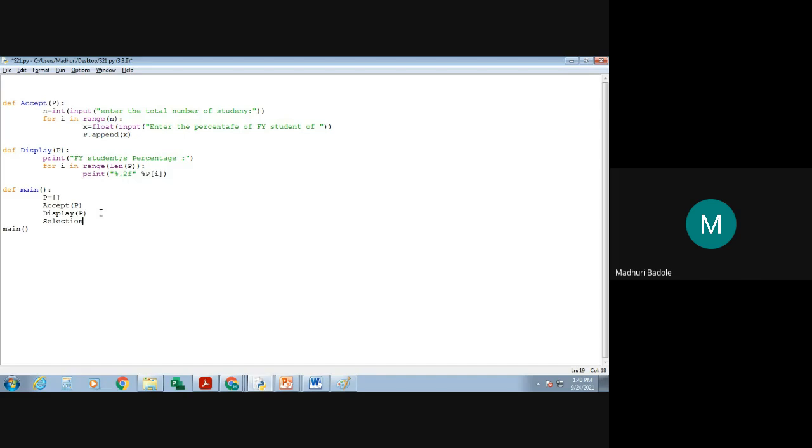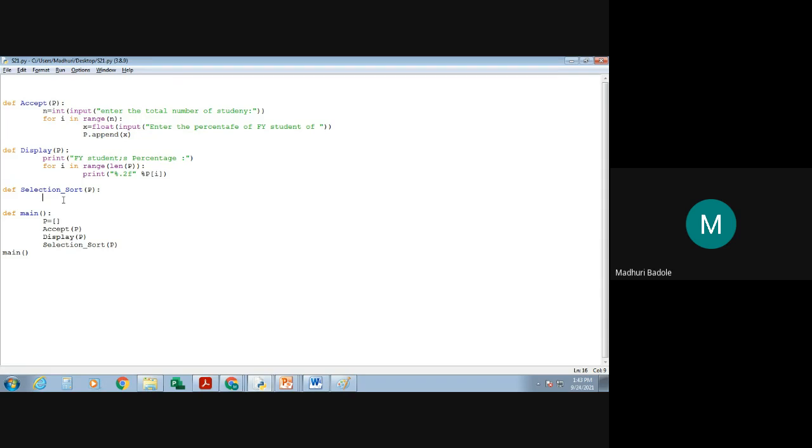Fine. Now next we are going to apply the selection sort. And in that selection sort, you are going to pass your list. You can change the name over here. You can take A, you can take P, you can take PER. If it is percentage, we can take percentage here also, no problem. Fine. That depends on the user side which variable you are going to take. Now, in the case of the selection sort, as we know, you are going to find out the length for the same.